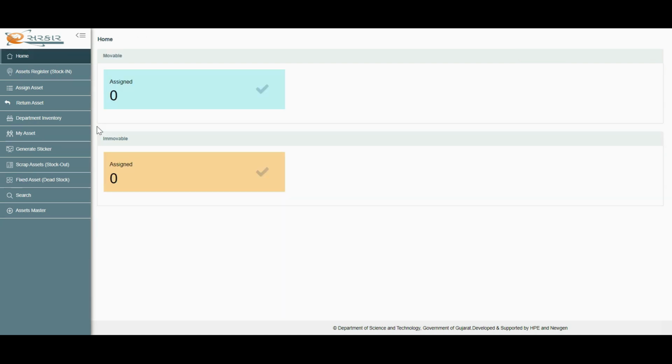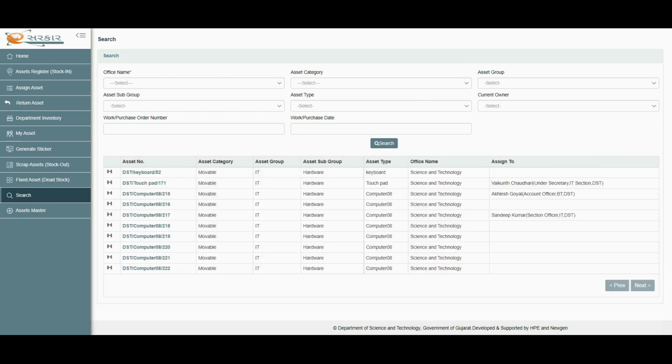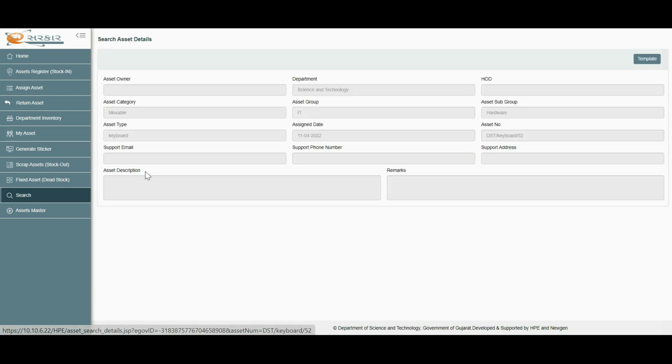Now move on to next option available in the list is Search tab. After clicking on the Search tab, user will get this screen. Here user can enter the search criteria to search the details of any assets available in the system. User needs to enter the information in the available boxes by clicking on the drop-down buttons. After entering all the details, user needs to click on the Search button. After clicking on the Search button, user get the desired result. Users can also see the details by clicking on the asset number. After clicking on the asset number, user can see all details of the asset.